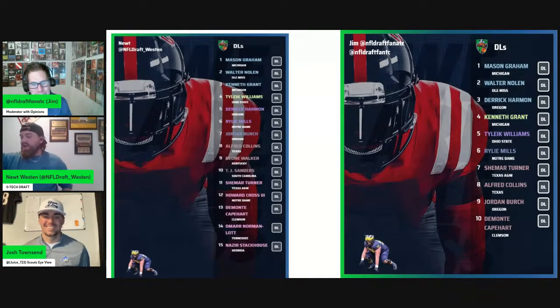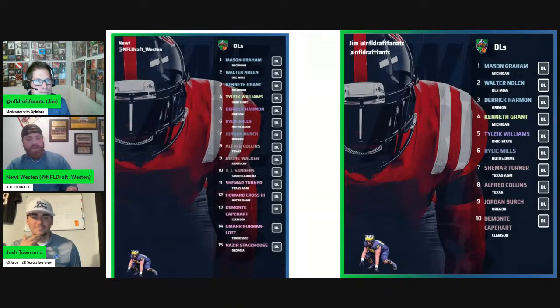So if I look at Rylie Mills versus TJ Sanders, there's obviously a ton of similarities in their game. You look at their size, you look at the length that they have. Both of them are a little bit lighter frame, a little bit more length, but you look at Rylie Mills, he's a little bit longer. He's a little bit heavier. He's going to be able to do, just in my opinion, a little bit more with that. And I think that Rylie Mills right now is the inverse of Tyleik Williams, is the way I see him.